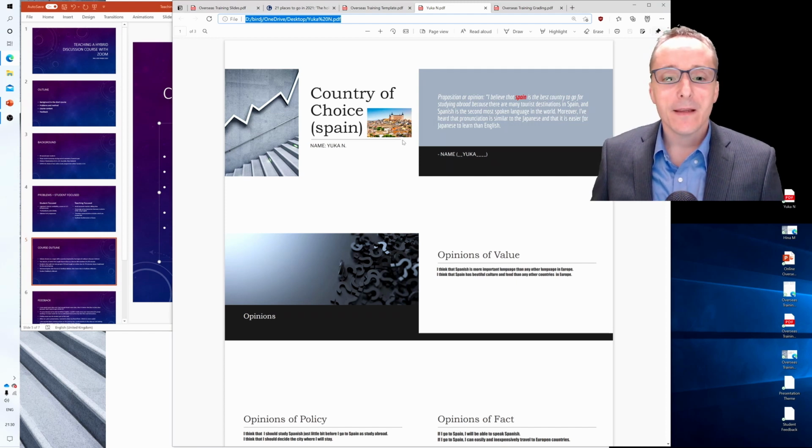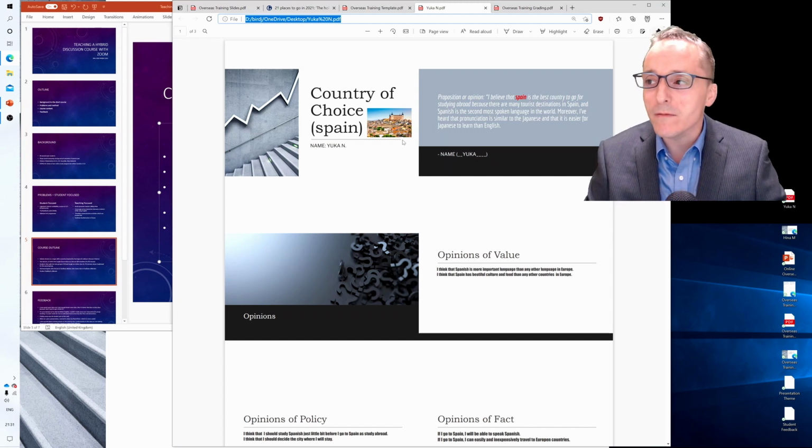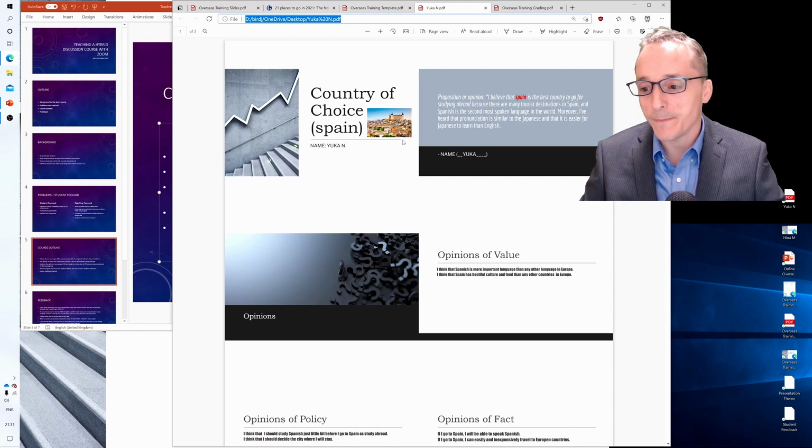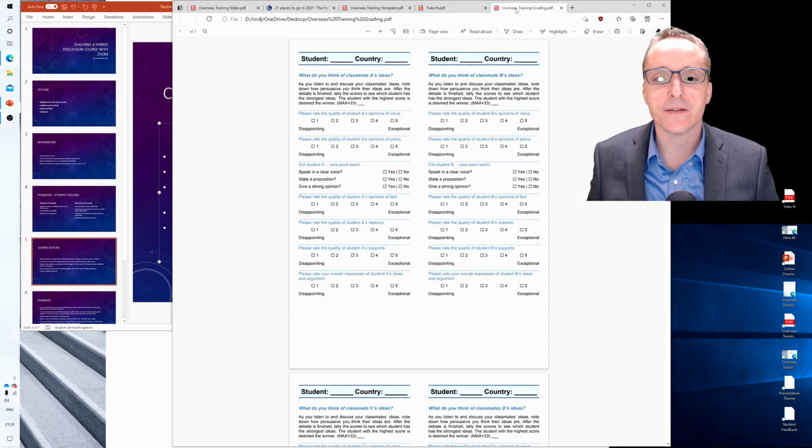How I dealt with this was breakout rooms with, I believe, between 4 and 6 students in a breakout room. The students would basically give their presentations and debate amongst themselves why their chosen country was the best country to go. And they were invited to evaluate each other and give a score based on the presentation they thought was the best. And in order to help them evaluate each other's presentations, I